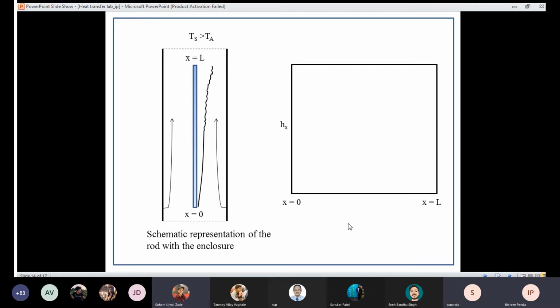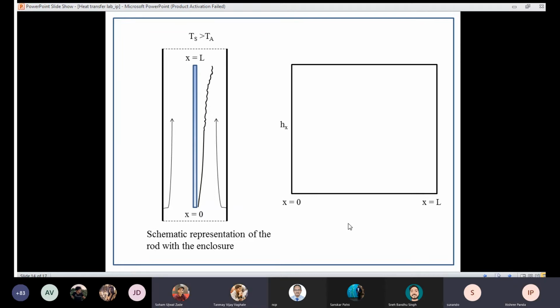Okay, but in the figure that I see, even though it is drawn roughly, I can find a change in the nature of the H versus X curve, according to her figure, at roughly L by 2. Something happens from L by 2 up. What is that? From x equals 0 to L by 2 roughly there's some specific pattern, and beyond L by 2, or whatever that value is, it has a different pattern.